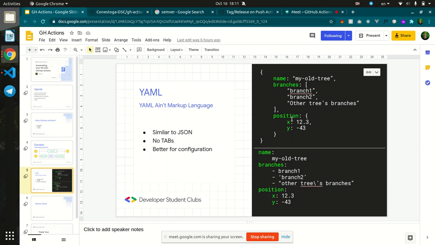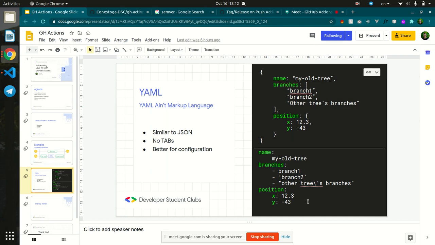You can see that at the top here we have our JSON file, which describes something like a tree, and beneath we have our YAML file. In YAML you don't have the curly braces, you will notice, and each key is denoted by a word followed by a colon. Object relations you can identify by